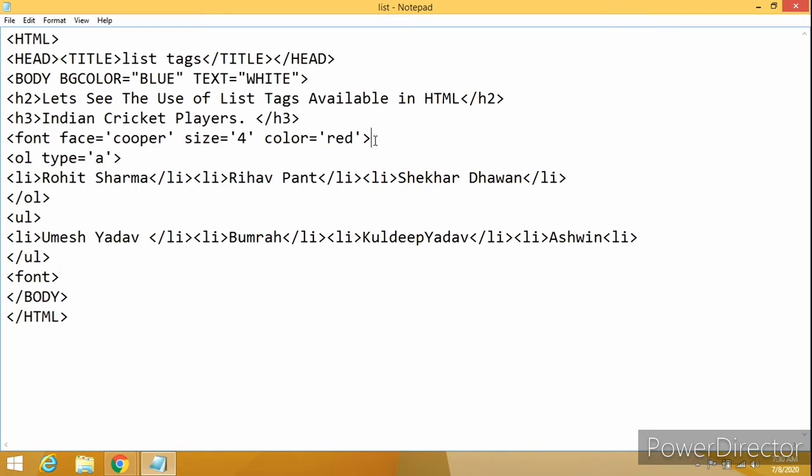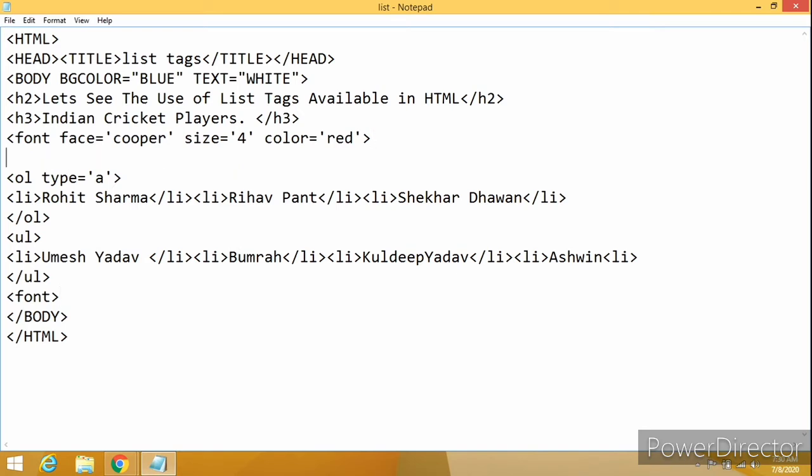Now see over here, you should watch carefully what I'm doing. I am having a UL tag, that is unordered list, where I'm using type is equal to square.